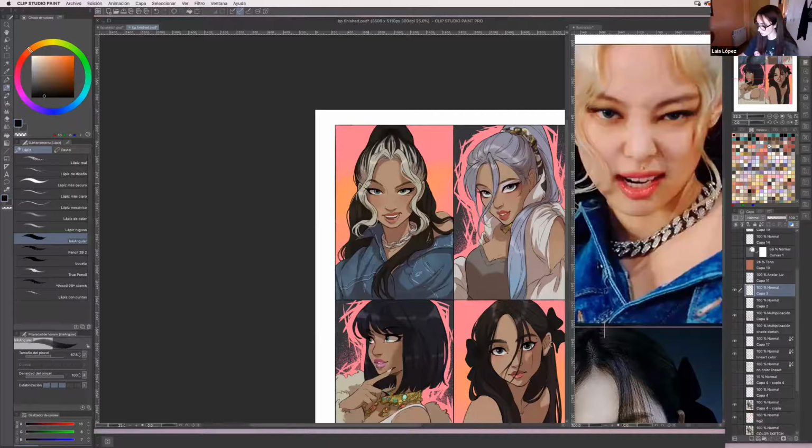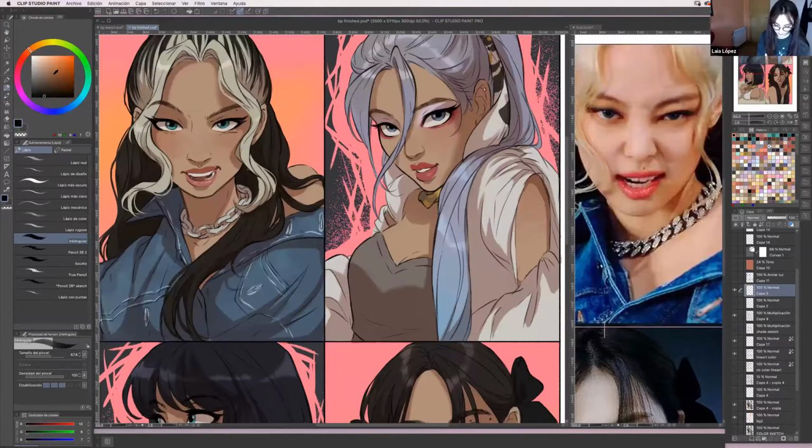What I do for gold details is I choose kind of a brownish shade, a dark one. Let's say it goes like this, maybe a darker tone.